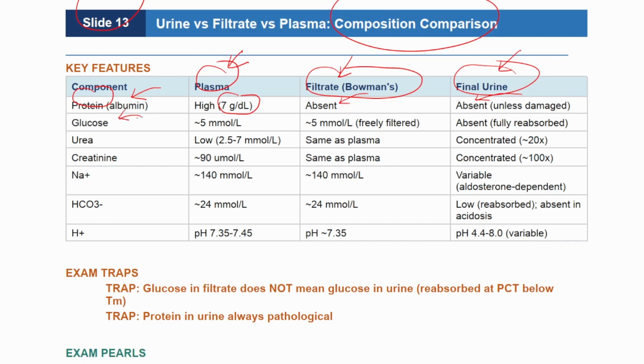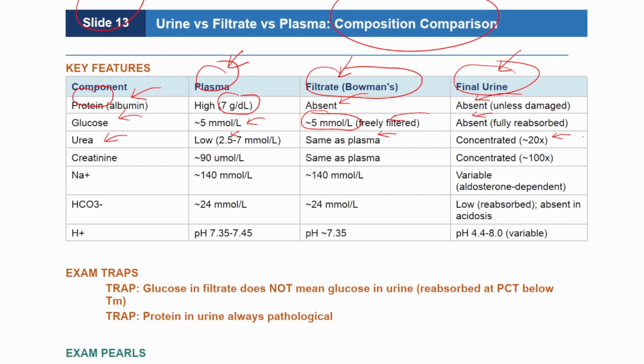Next, glucose presents at approximately 5 millimoles per liter in the plasma and is freely filtered into Bowman's space at that exact same concentration of about 5 millimole per liter. Yet it is completely absent in the final urine because it is fully reabsorbed. Moving to urea, it maintains a low plasma level between 2.5 and 7 millimoles per liter, matches this level identically in the initial filtrate, but becomes heavily concentrated down the nephron to arrive at roughly 20 times its plasma concentration